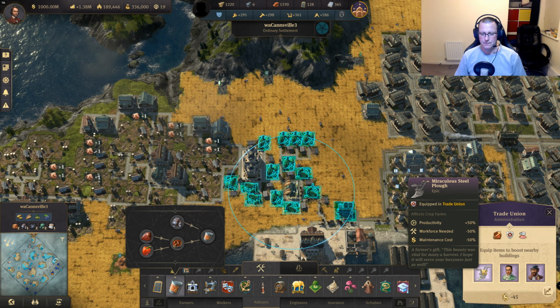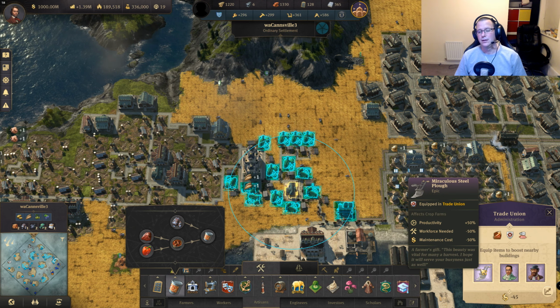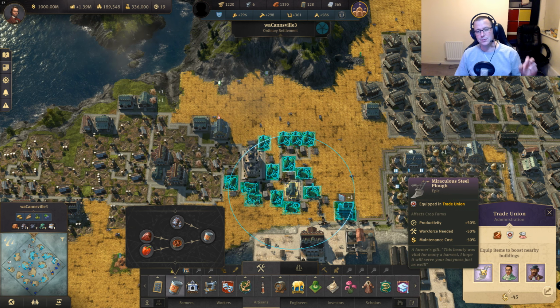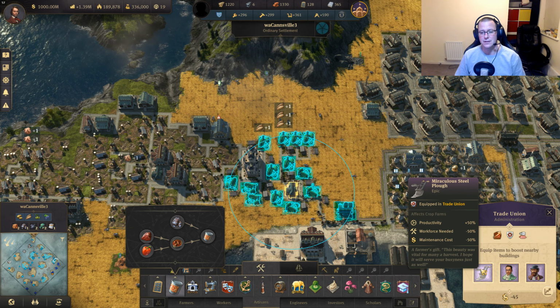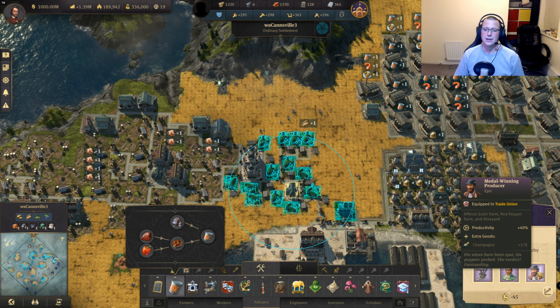Miraculous steel plough. Obviously I'm already using the tractor. That decreases the workforce by 50. The plough then decreases it by another 50, so 0 workforce farms. Plus we get the bonus of 50% productivity. Ferras, as always, another 50% productivity. Then this chap,